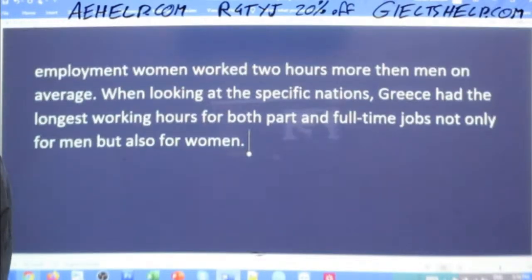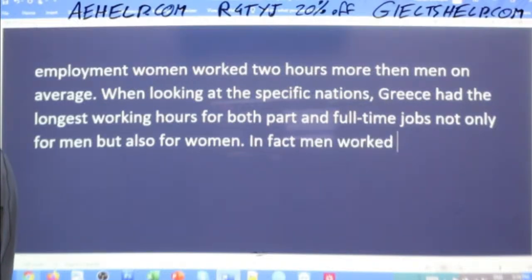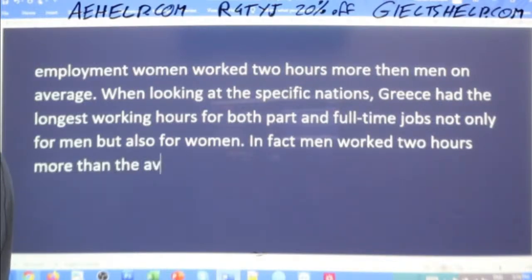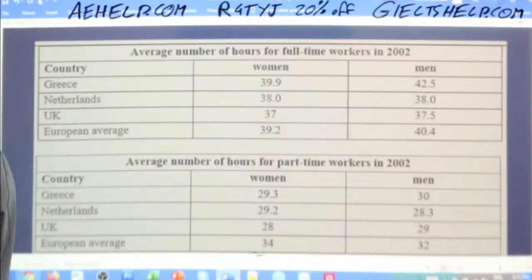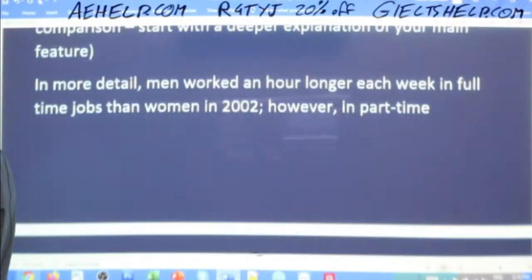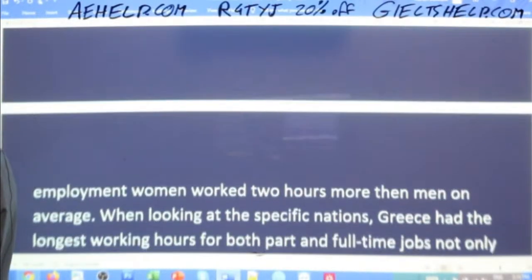So, in fact, men worked 2 hours more than the average of the continent at 42.5 hours, I believe. Yeah, 42.5.